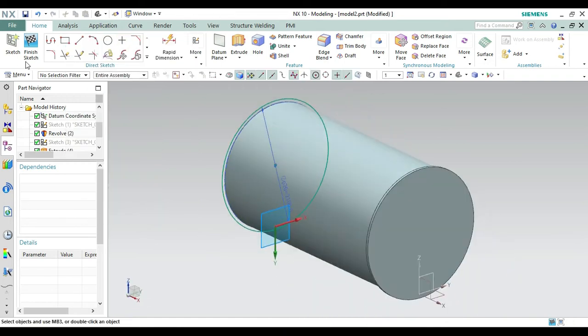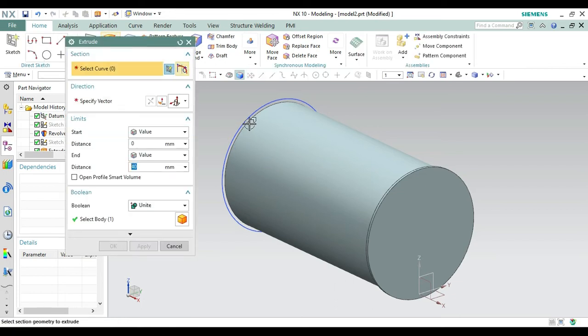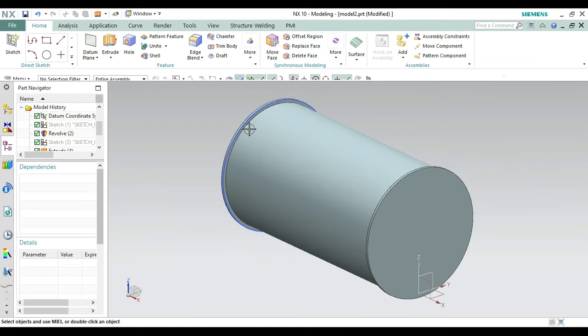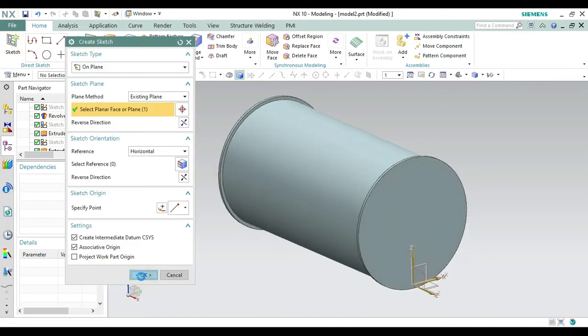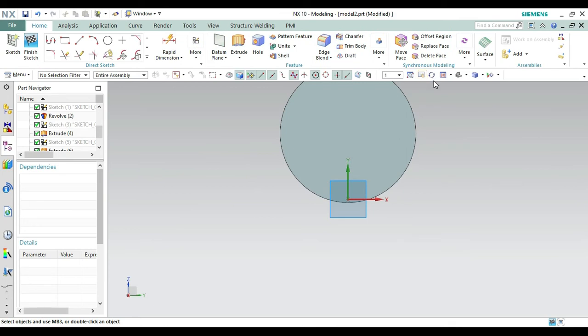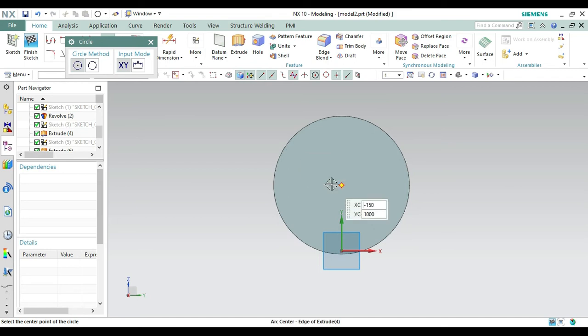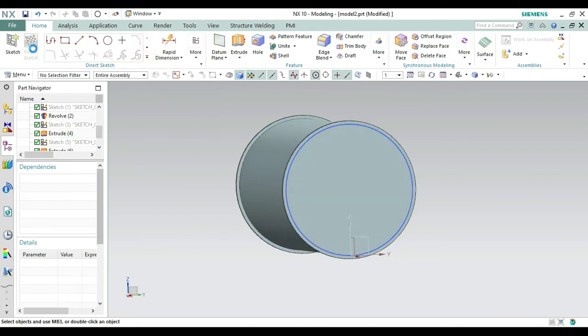Let's finish the sketch, then extrude up to 40. We are creating this for the outer covering, so it can be easily done with the help of nuts and bolts. Make it okay. Like this one, it has been connected. Again similarly with the same sketch here, let's create a circle of 1997 because we need a thickness of 3 in the inner diameter. So let's select this one and make a circle of diameter 1997. You can also do it with the shell command by making the thickness 3, but I am choosing this method.